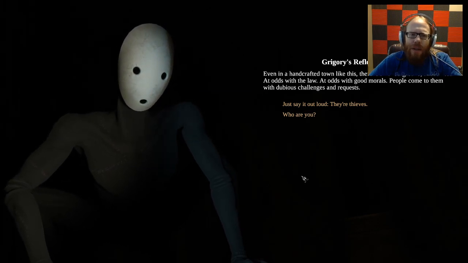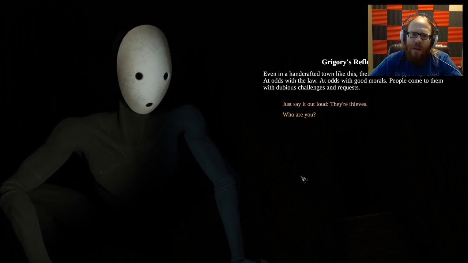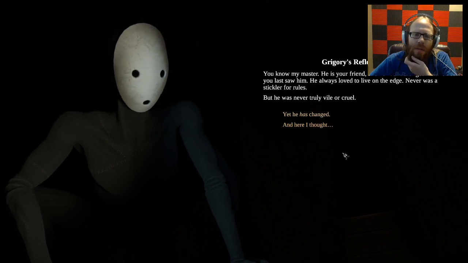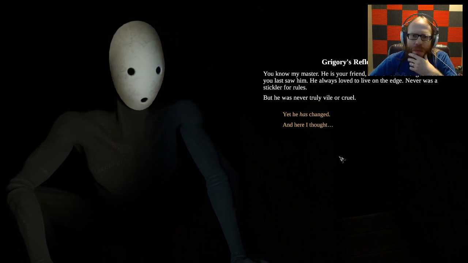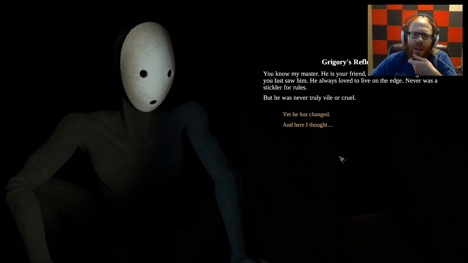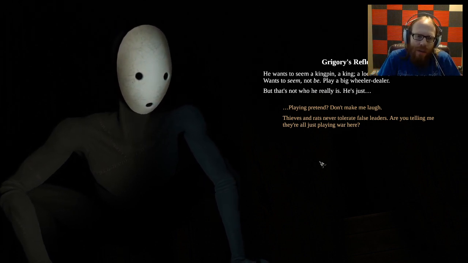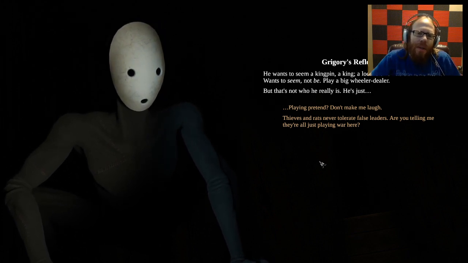Grigori's reflection. Even in a handcrafted town like this, there is an underground, a rat's nest, at odds with the law, at odds with good morals. People come to them with dubious challenges and requests. Just say it out loud, they're thieves. You know my master, he's your friend, and he hasn't changed much since you last saw him. I always loved to live on the edge. Never was a stickler for rules, but he was never truly vile or cruel. And here I thought. He wants to seem a kingpin, a king, a local czar of his own small turf. Wants to seem, not be. Play a big wheeler dealer. But that's not who he really is. He's just...